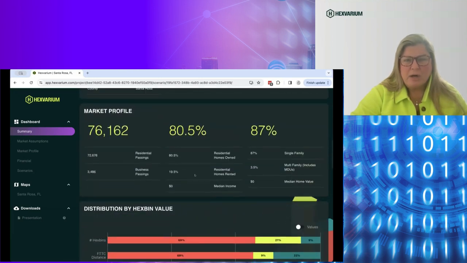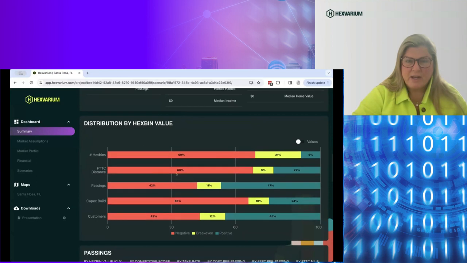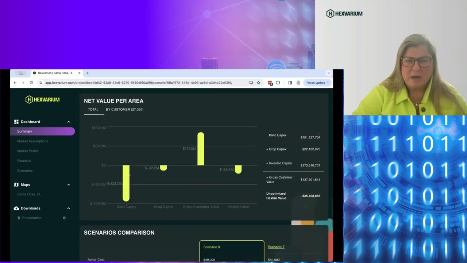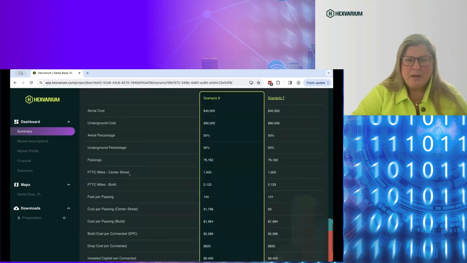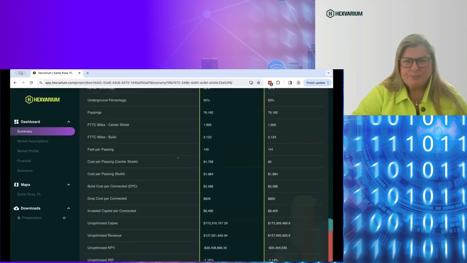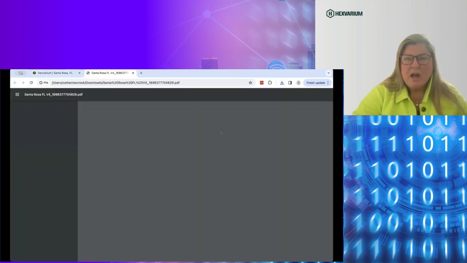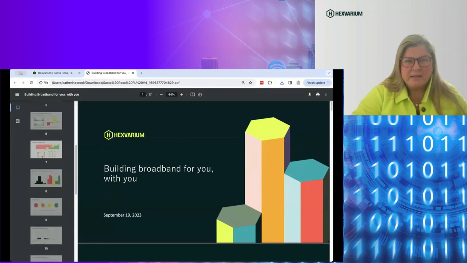What are the costs? Market profile is who's in there? What are the components of the demographics of that area? Distribution. How many are they going to be usually putting in? Where are the lines going to go? Then we're going to look at each scenario we run according to the inputs that are provided to us. When we have a presentation, we are looking at,